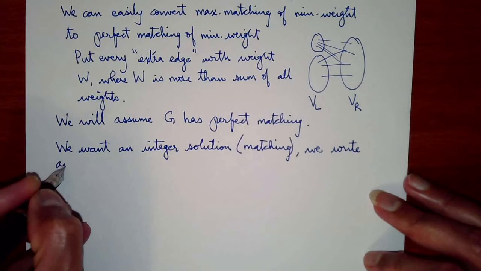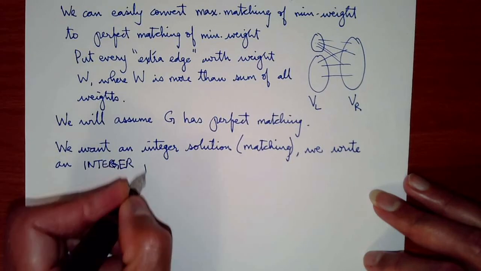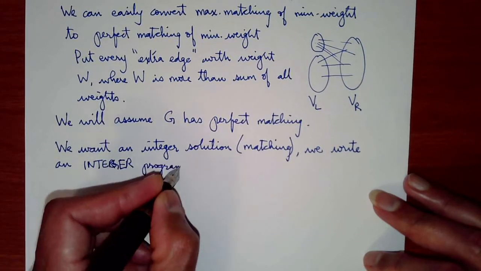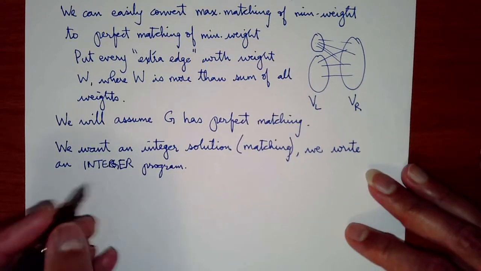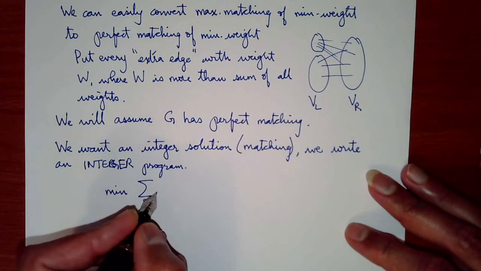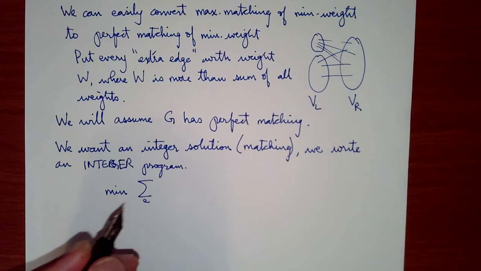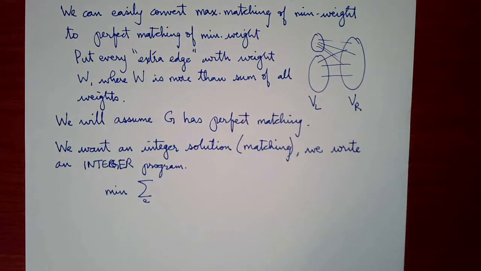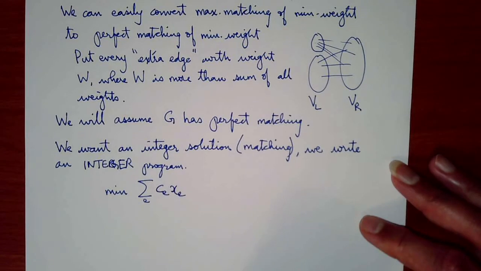So this is not a linear program, but this is an integer program, or technically an integer linear program. So we'll say that we want to minimize the sum over all edges of the weight of the edges, or the cost of the edges, whichever way. I will stick with c_e, which you can think of as a cost or a weight, times x_e,